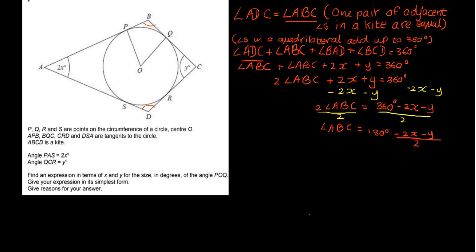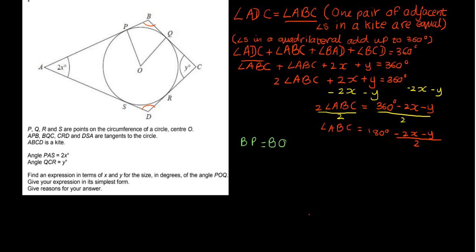Now if we look at this shape here, let's choose green. PB, BQ, OQ, and PO. Alright, let's look at that. Now BP is equal to BQ,